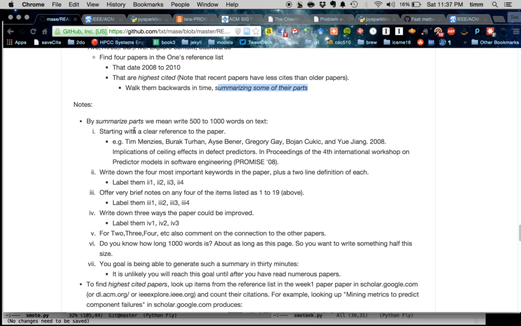Okay, now summarize some of their parts, we mean write about 500 to 1,000 words describing them. Now, this whole document you see in front of you, this whole page, is 1,000 words. So 500 words is not much to write. When you summarize its parts, make sure you start with a good reference up the top so people know where